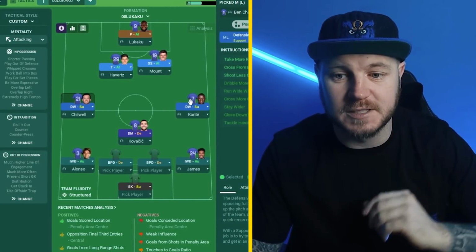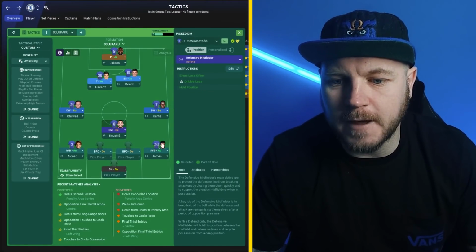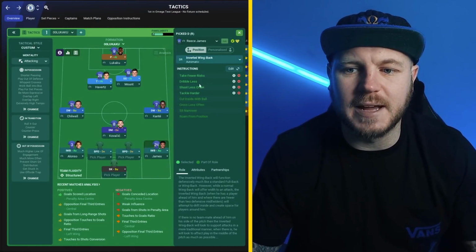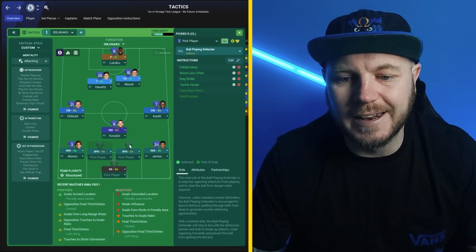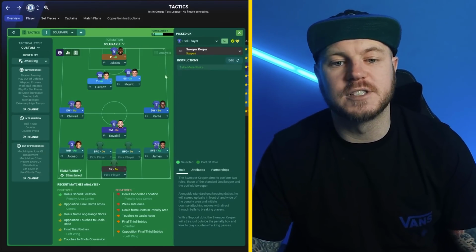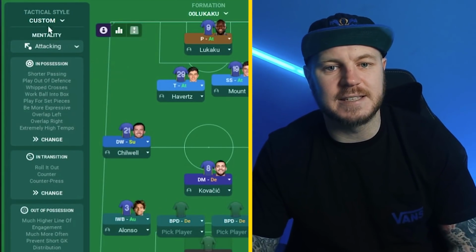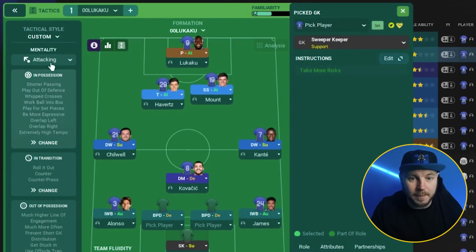from the different roles. So obviously both sides, we can see defensive winger there. The DM on defense, we've got the inverted wing backs and the instructions that we have here on both sides. Ball playing defenders on the left, ball playing defenders on the right, sweeper keeper on support. Now it's an attacking mentality, custom tactical styles. So if you're on Xbox and you're trying to replicate it, just do a custom tactical style and copy these